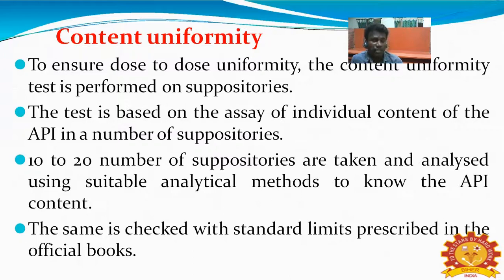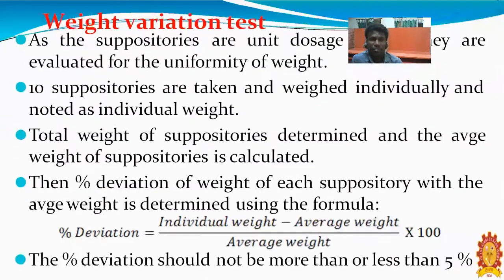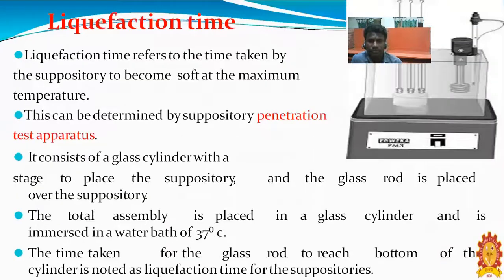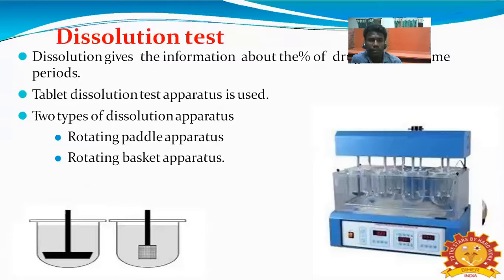Ten to twenty suppositories are randomly selected and analyzed by a suitable analytical method to determine the pharmaceutical active ingredient. The results are checked against the standard limits prescribed in the official books. As with weight variation, the test also has fixed deviation limits, not more or less than 5%. The dissolution test also